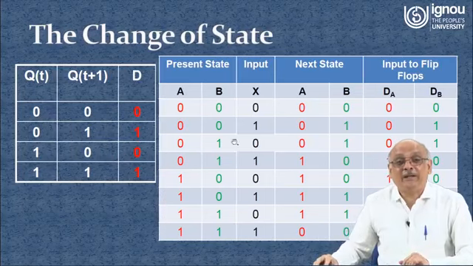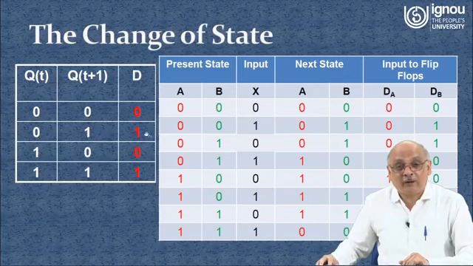Let's look into it for dB. You see all the green, 0 to 0, 0; 0 to 1, you need 1, right? So this is 1, then 1 to 1 you need 1. Okay, so that's it. So from 1 to 0 you need 0, right? 1 to 0 you need 0, right? So dB should be this.